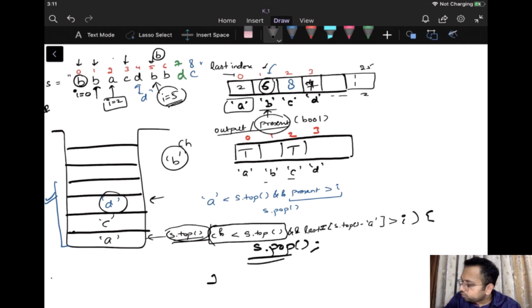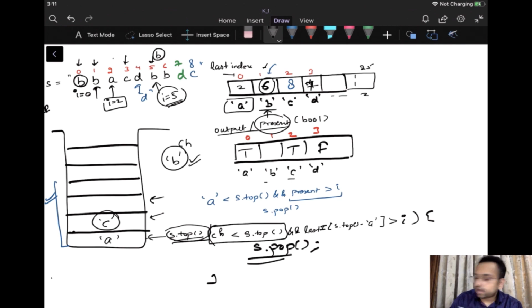Yes. So what I'll do, I'll remove this character because I can consider this character later on, and I'll mark it as false. Earlier when we inserted it, we had marked it as true. The next character which is at the top of the stack is c. So I'll check whether this character is smaller than the topmost character or not. Yes, this is smaller than the current character which is at the top of the stack.